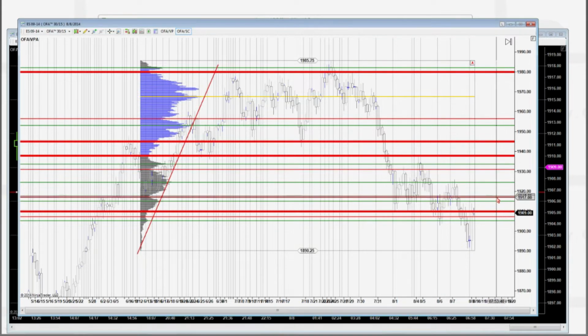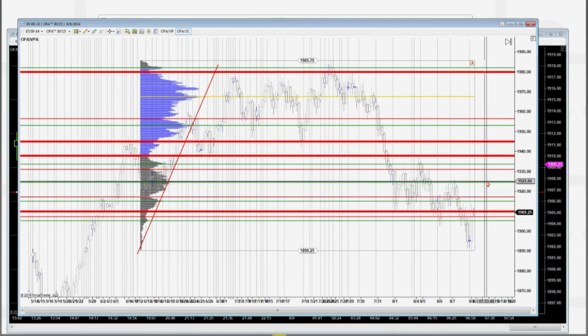If we struggle at this 17 level and we start moving down, what I'm looking for this morning is acceptance around this 14, 15 level. After the open, if price moves up and we start getting volume and VPOC between 14 and 15, we start getting heavy volume around there, then what this is telling me is this market is auctioning relatively normal, and I can expect the test to 17, possibly back up to